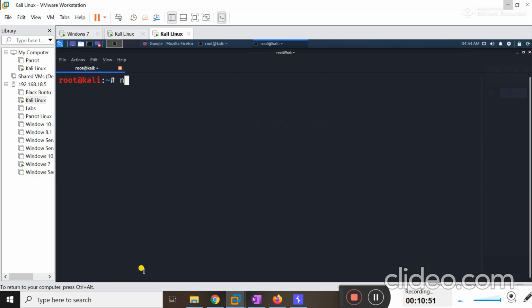Okay, I will type here nmap, and here I type the -sV switch. Basically this is the switch that you can use to display the service and the version of the specific service that is actually running on any port. And then I will specify the port number, that is port 80, and then the target IP address 192.168.18.25, and hit enter.